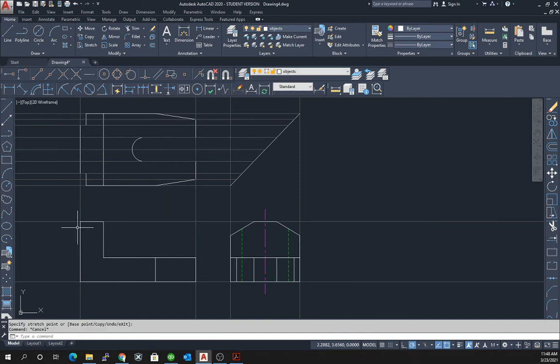Now, we're still missing the little cutout here. And the way that we do that cutout is we start with a line at this point here, and we want to bring a tracking line over. We start a line here, and then we want to then